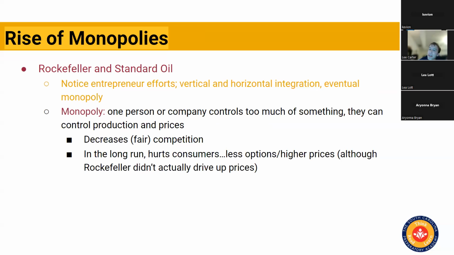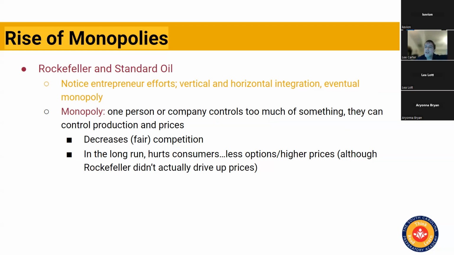And so what he does is he gets himself some control. He's the oil refiner, so he takes the oil and makes products that are useful from it. Vertical integration means he would buy up the transportation infrastructure to get stuff to where he was, and then once he makes it, to distribute it somewhere else, or at least have control over it at good rates. And then horizontal integration means people who were his competitors on the side, he would buy them up.